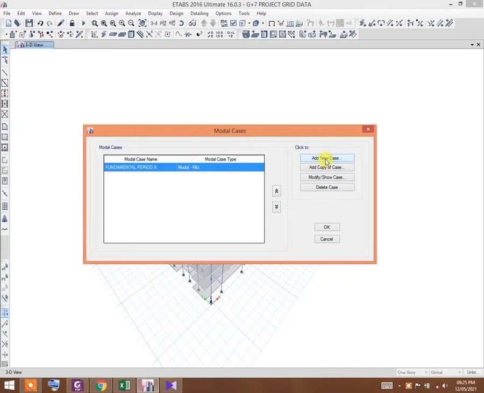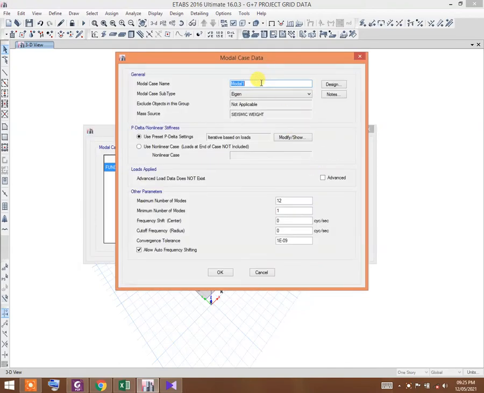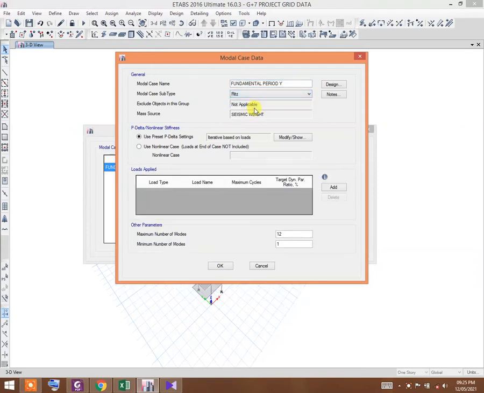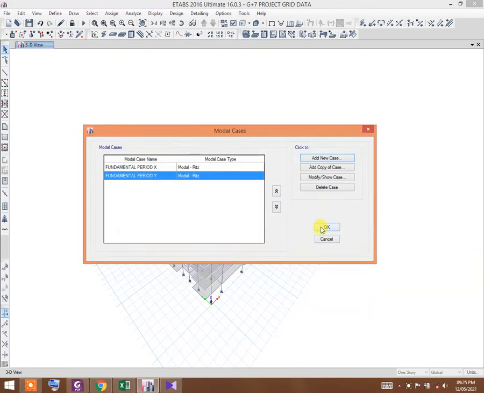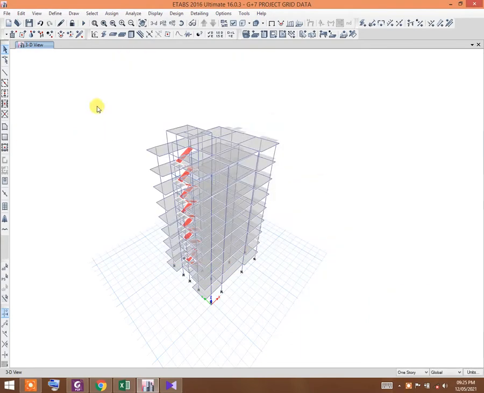Then click add new case again, then give it the name fundamental period in the y direction. Select Ritz, then select add, load pattern acceleration UY, give the loop number 1, select ok, press ok.